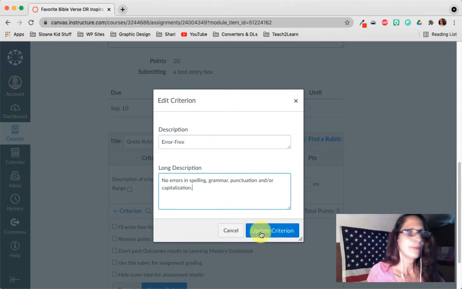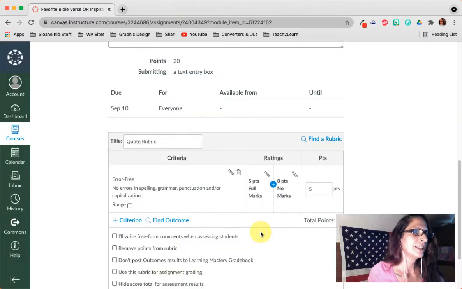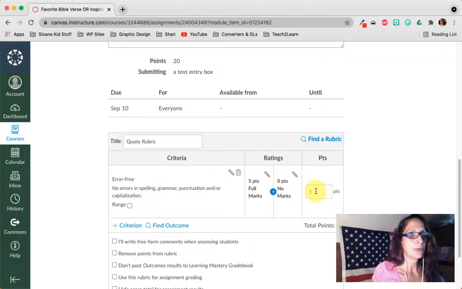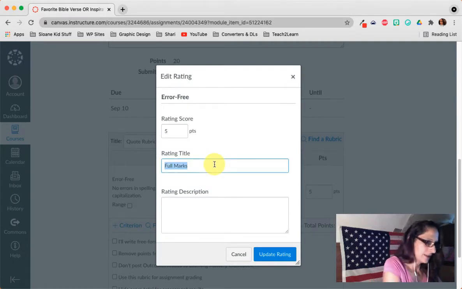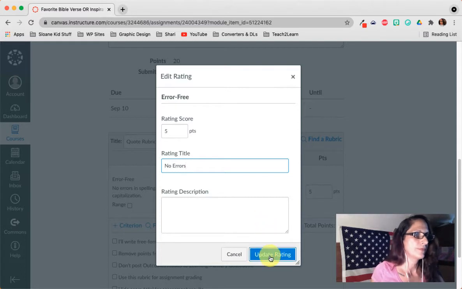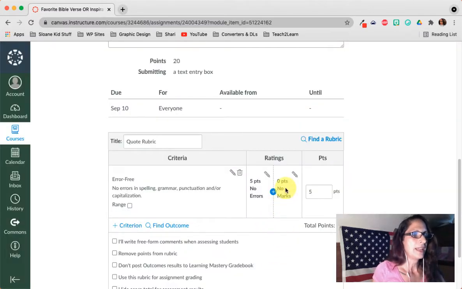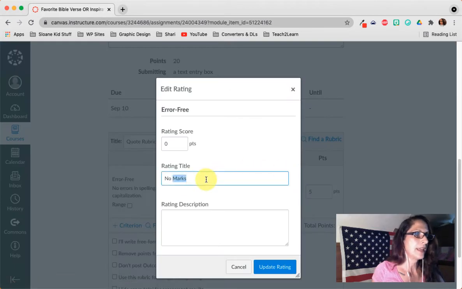So now I've given my criterion a description and a long description. Now I need to decide how much it's worth. I'm going to say that it is worth 5 points. So they get full marks. So what does full marks mean? Well, I want them to say no errors. And then I'm going to have 0 points and have this one say